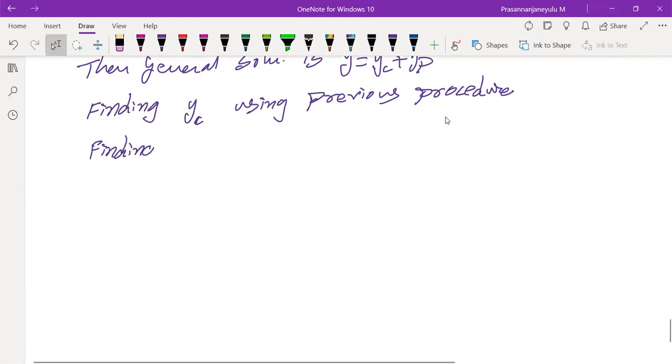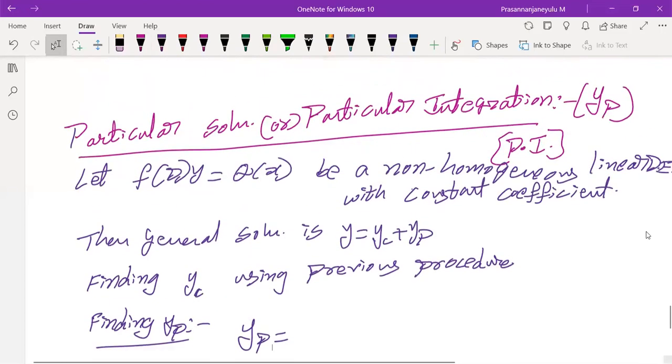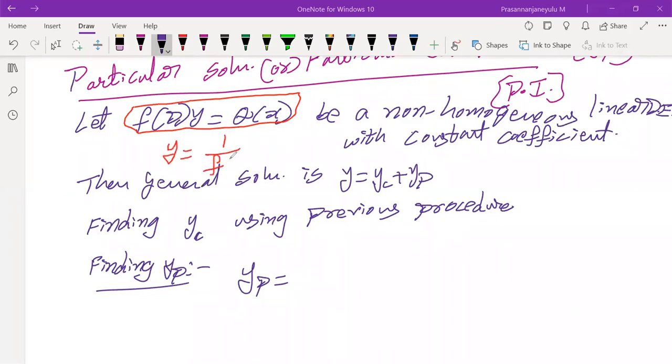is the side heading. While finding yp, we have to consider yp is equal to, okay, I'll give you a shortcut here. Just think about how to write this. Now, if you use this as an equation, or some variables are there, how can we write this one as y equals 1 by f of d of q of x, yes or no? Using the cross product process and all, we can write like that. In the same manner, I'm going to write here also 1 by f of d of q of x.